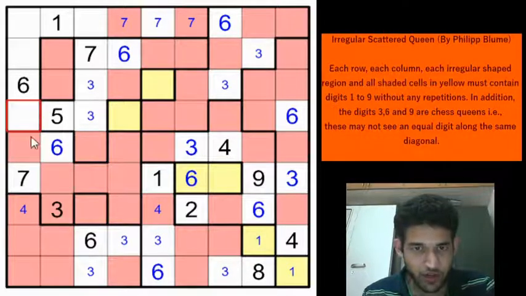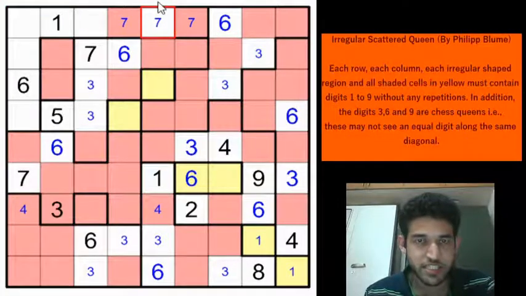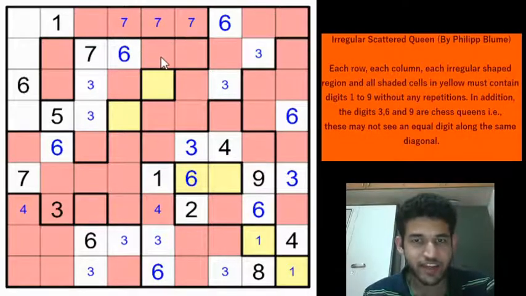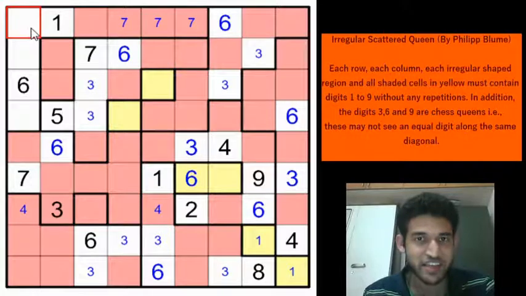Okay. For column 1, if you see, 3 must be in one of these 3 cells, right? Because we have eliminated these cells as red. So 3 must be in one of these 3 cells, which means that 3 can't be here because it is in the same region. We can eliminate these cells as possible locations of 3, right? And now that is really good for us because in row 1, there is only one cell left for the 3. There is no other cell which can take a 3, which gives a 3 here.